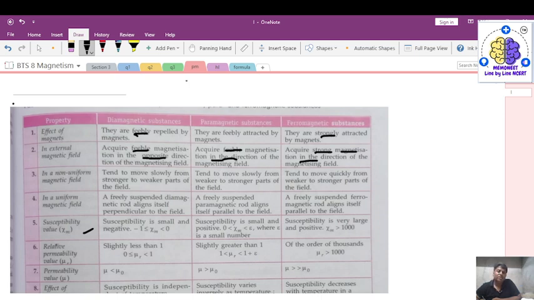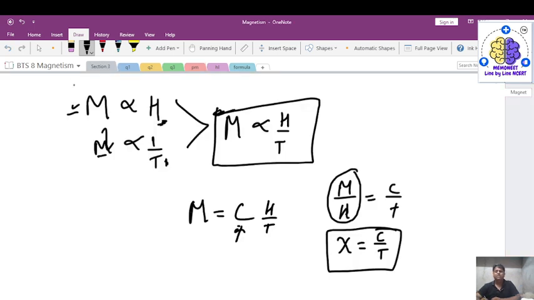Second thing is, if I talk about this particular chapter, magnetism, most of the things are memory based. The very first thing is the properties of paramagnetic, diamagnetic, and ferromagnetic substances, for which I will be providing you the PDF. The second thing is, all the relations for the magnetic dipole are completely analogous to the relations which